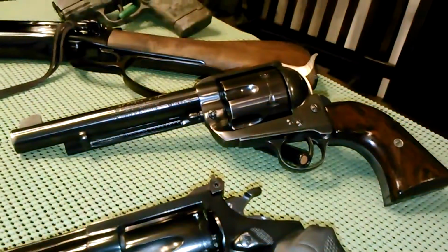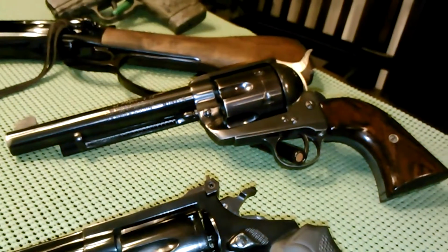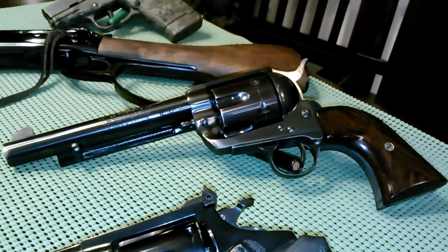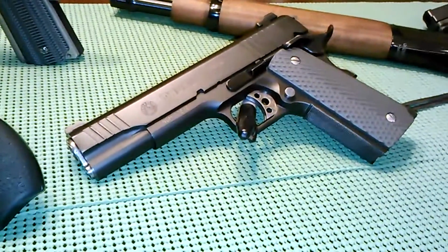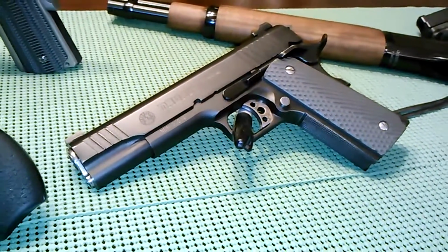The Haas .44 revolver. It's kind of like a cheaper version of a Colt. Very light trigger pull and a cool single action cowboy gun. My son's Taurus 1911 .45 ACP,